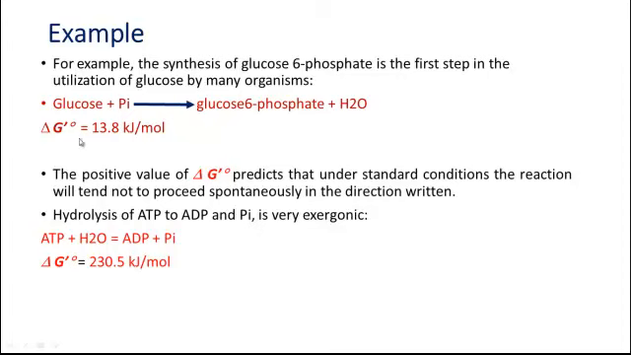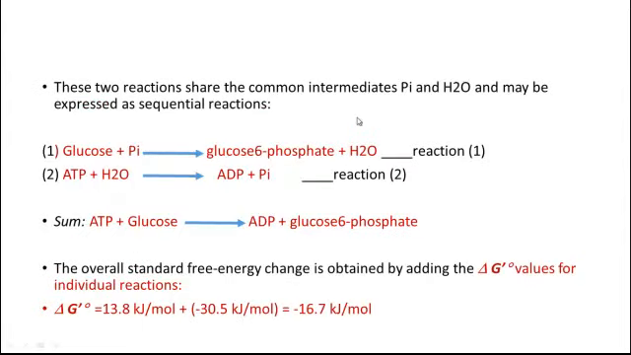The value of delta G is equal to 13.8 kilojoule per mole for this reaction, meaning it has a positive value, which indicates that under standard conditions the reaction will not tend to proceed spontaneously. But there is another cellular reaction, which is the hydrolysis of ATP into ADP and inorganic phosphate, and this is a highly exergonic reaction. So these two reactions share common intermediates, that is inorganic phosphate and water, and